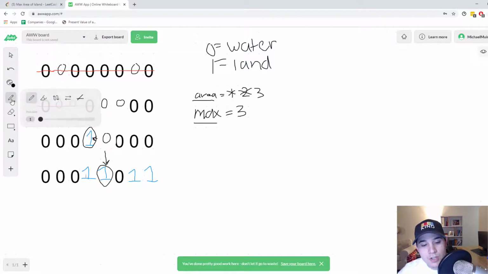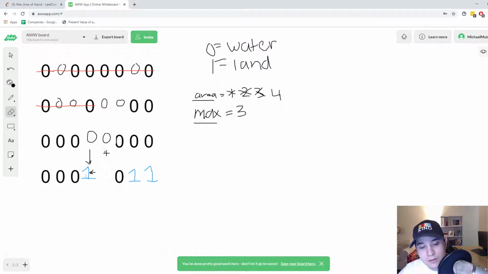And then we can check another number 1. So right here, we find a 1 below us, and then all of the other directions are 0s. So this gets changed to 4. This number 1 gets changed to a 0. And then we're going to shift over to this number 1. We check above us, to the right, and to the left. And we encounter a 1, obviously. So we're going to change this one to a 0